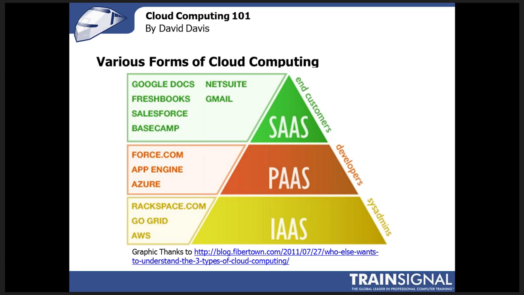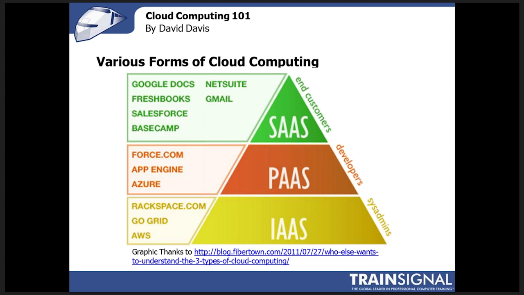Many of us are using Gmail, Google Docs, Basecamp, Salesforce, FreshBooks, just about any service that you use on the internet that replaces something that your company provided before or you had to do before. Those are all software as a service offerings. So when Microsoft was demoing their cloud-based photo editing, that's software as a service. If Google's talking about Gmail, that's software as a service. Some of these are free. Some of them, of course, you pay for. So keep this in mind.